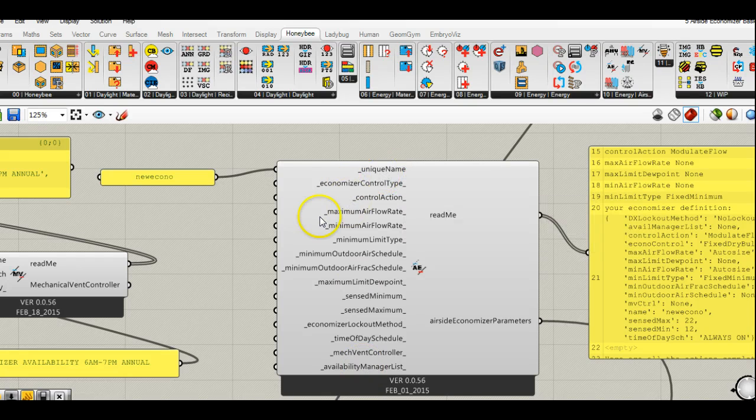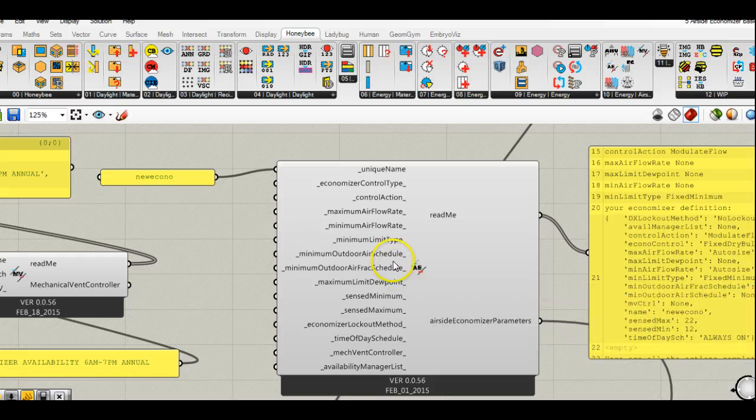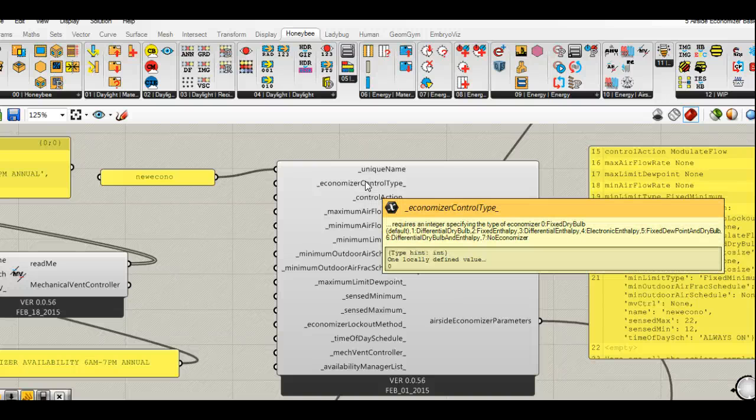really providing a unique name is the only thing you have to do to get started. All of these others default to pretty good values. The default economizer control type is a fixed dry bulb. You can see here, and that's just looking at the outdoor dry bulb, or the outdoor temperature, basically, and comparing it to